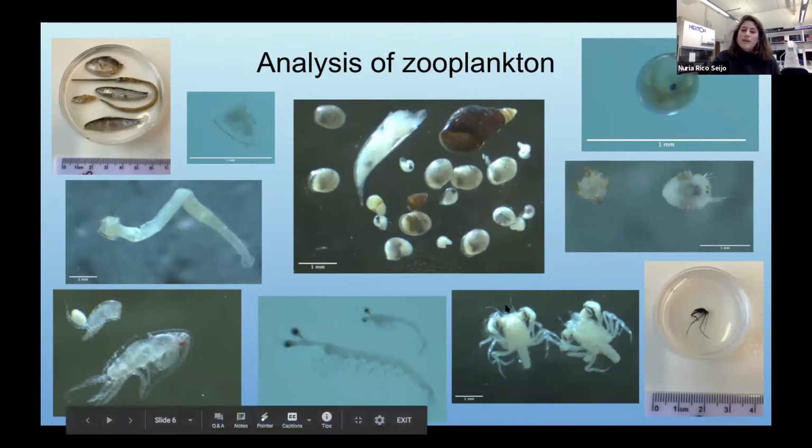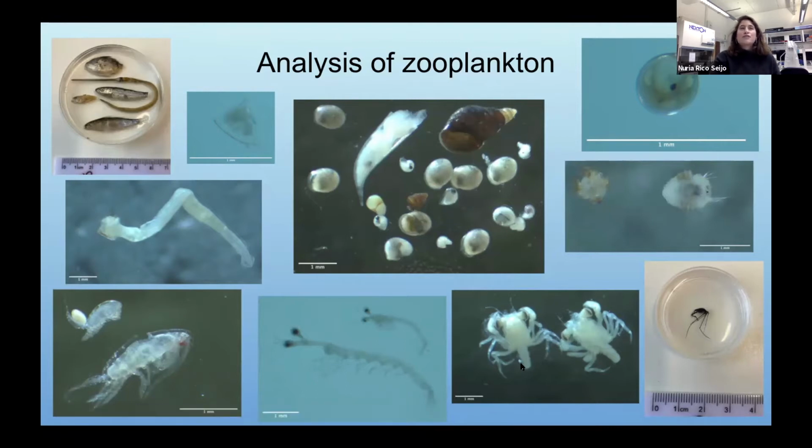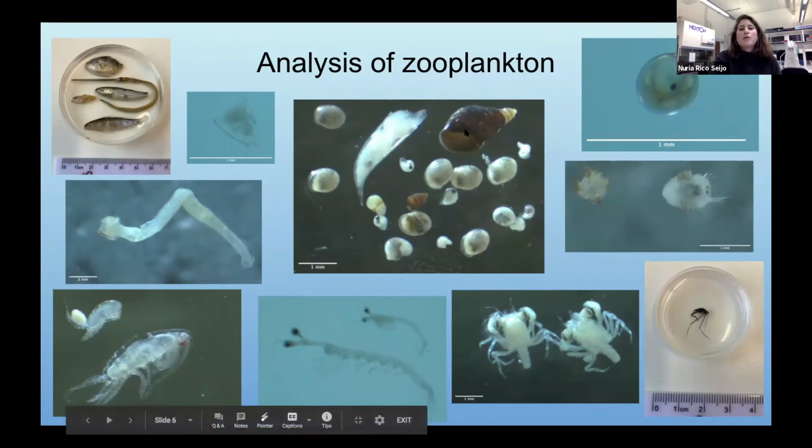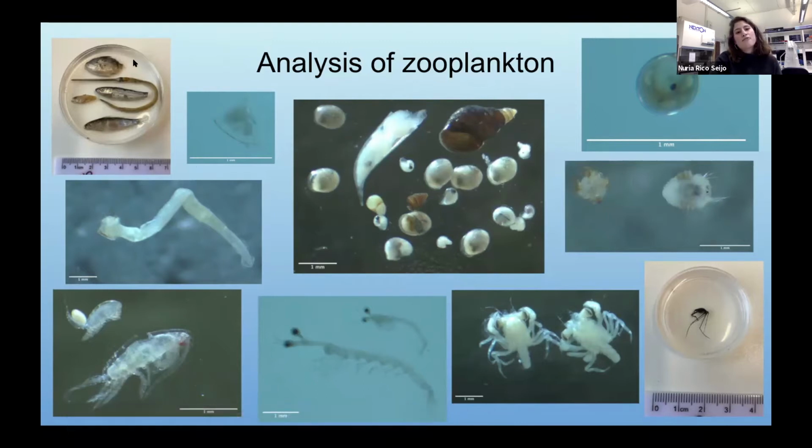So here we have 2 decapoda larvae of different types, and the decapoda are the shrimps, crabs, lobsters, and so on. In the middle, we have the gastropoda. We have here a butterfly, which is gorgeous, and some fish larvae. And then my favorite one so far, that I didn't know existed until I joined Nekton, which I'm really happy about, is a halobate, the only true marine insect, which I thought was really cool.